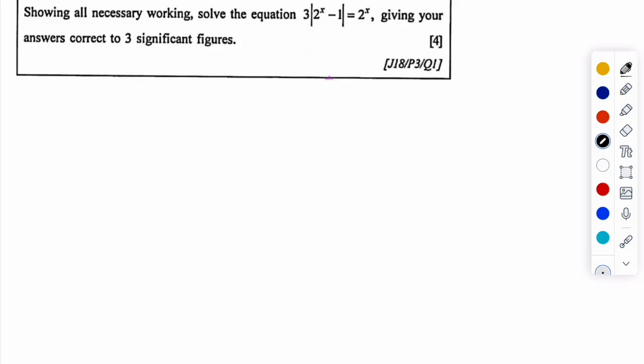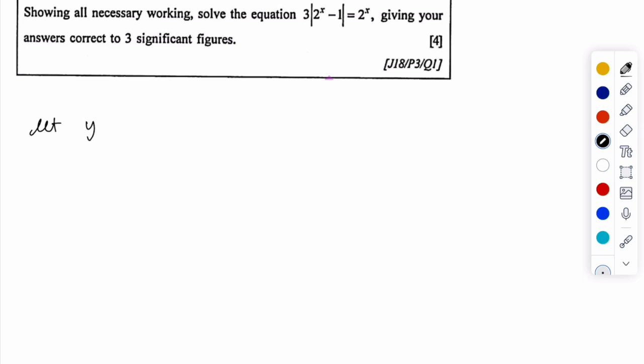Alright guys, now for this question, we've got another kind of classic question you'd find in the exam. Okay, a little bit more realistic now. And it says, showing all necessary working, solve the equation 3 times the absolute value of 2 to the x minus 1 is equal to 2 to the x. And I want you to give those answers correct to 3 significant figures. So the way you do this is to say, let